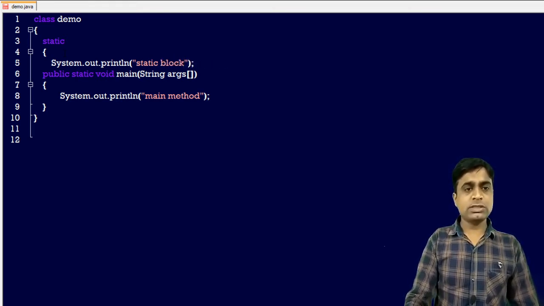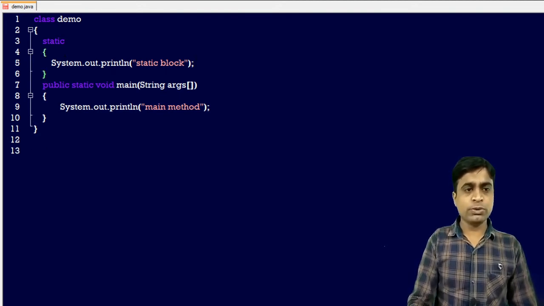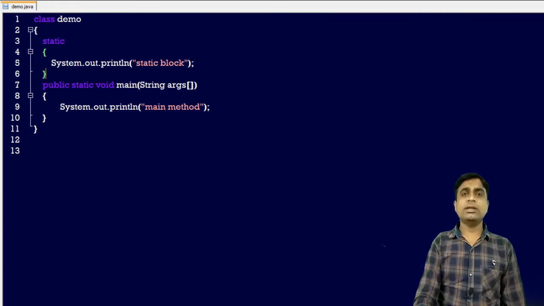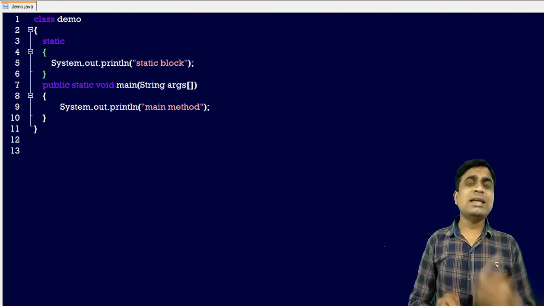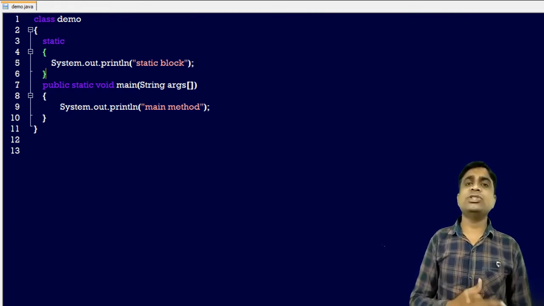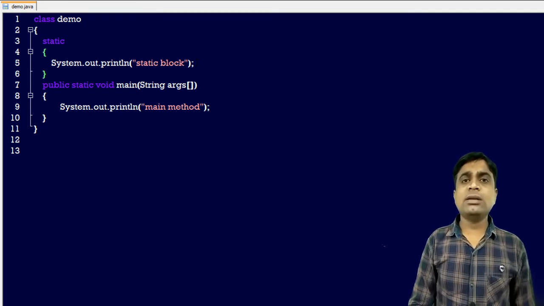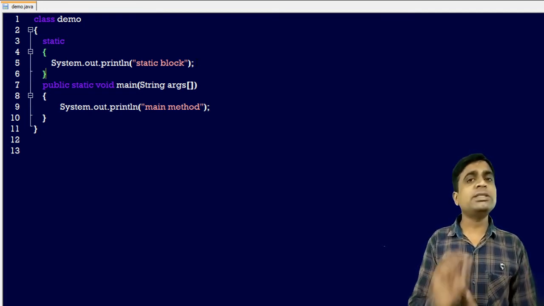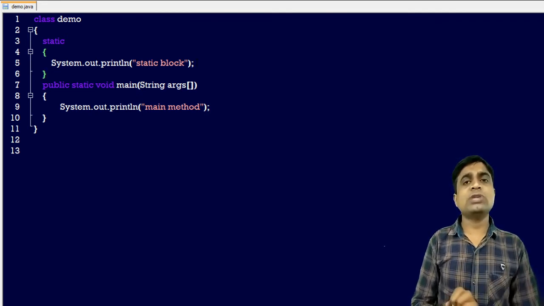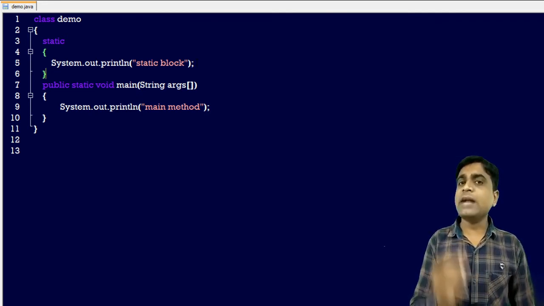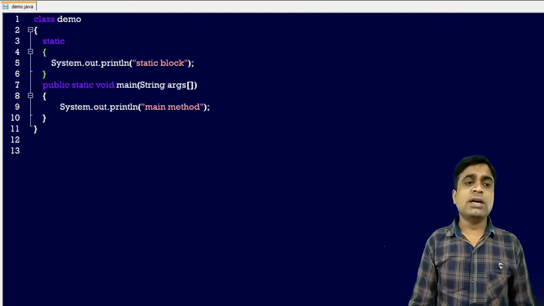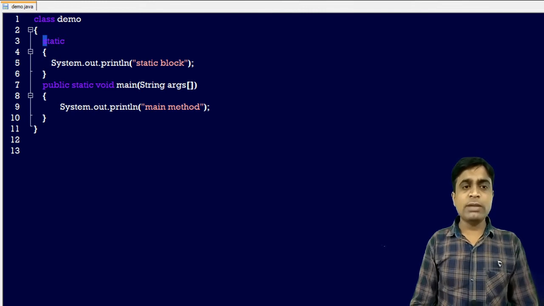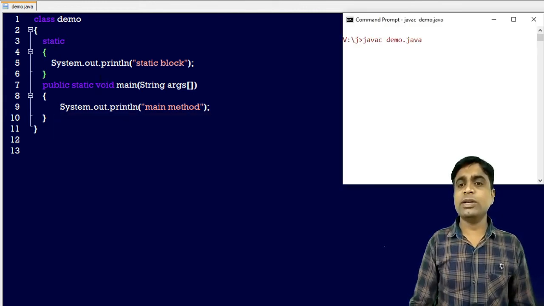What is the advantage of this static block? I will show you. First of all, the output you can easily understand. Now think about it, what will be the output of this code? As I told you, the compiler will start execution from the main method, but wherever static is there, that's why we write public static void main. In my earlier video I also explained the meaning of public static void main. Static gives the highest priority, because the main method is a static method, so it gets the first preference to execute. But in our case, our static block executes first. So what will be the output? Just see and think about it.